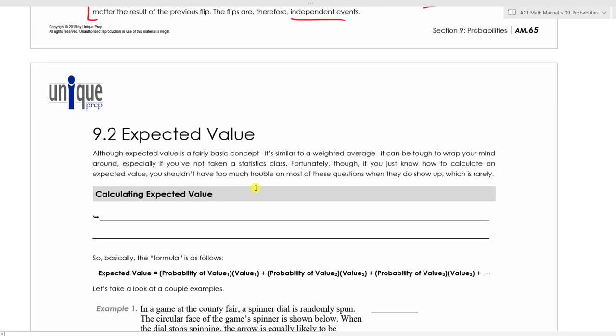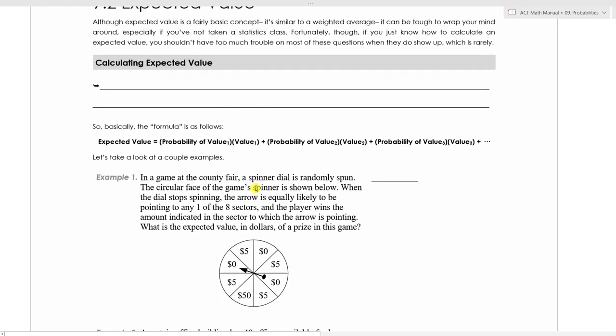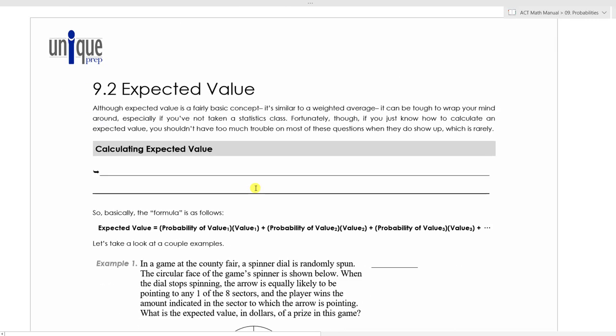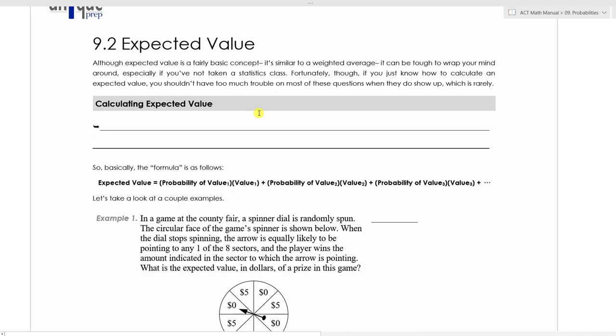Now we do need to talk about one more thing when it comes to probabilities, and that is expected value. These questions have definitely been showing up with a little bit more frequency. I wouldn't actually worry too much about really deeply understanding expected value. I think you will probably get away with simply knowing the formula that we're about to talk about on these questions. So calculating an expected value, what you do is you determine